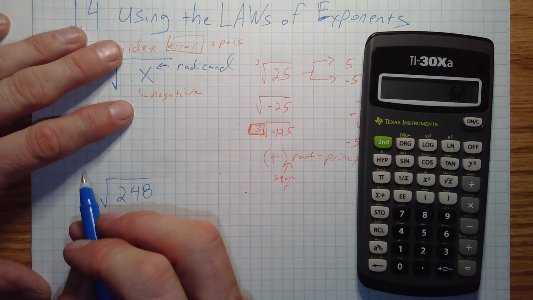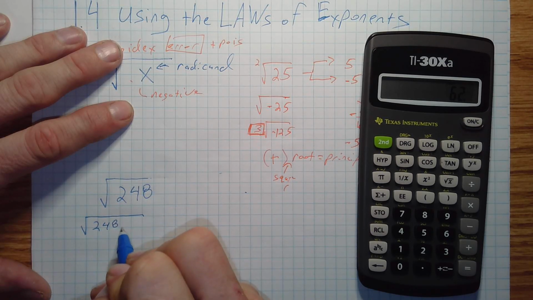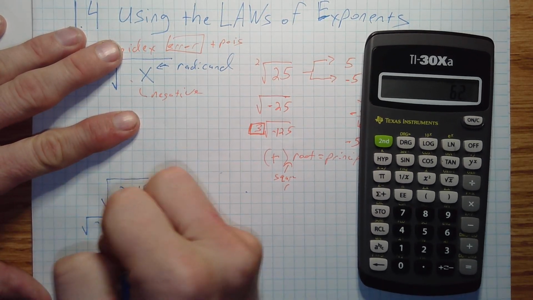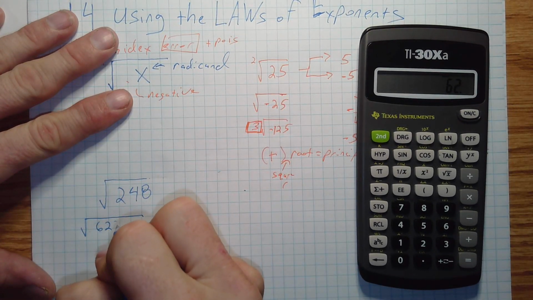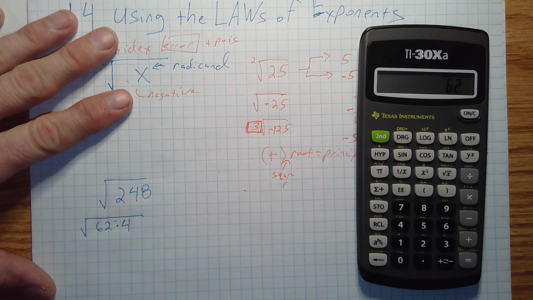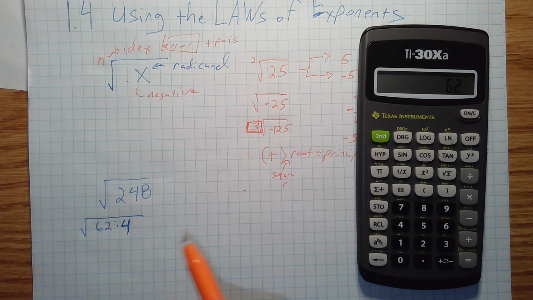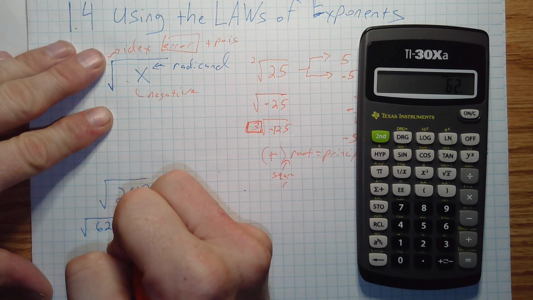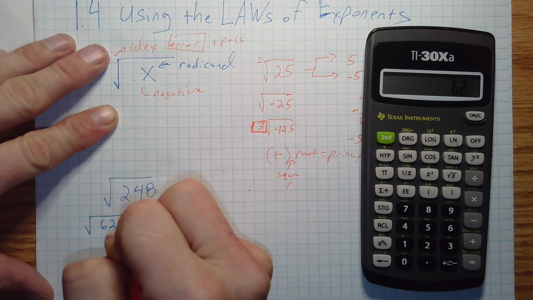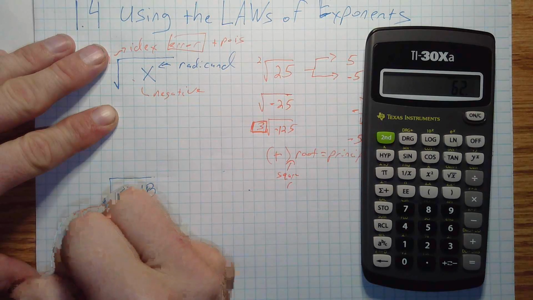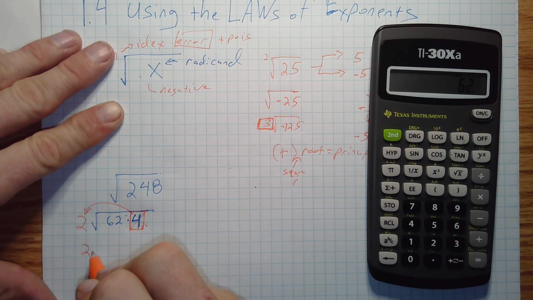That's useful. 248 divided by 4 is 62. So we have a 62 and a 4. Why did I pick 4? Well, I picked 4 because 4 is a perfect square. I can take this 4, and if I take it out of the radical, it turns into a 2. So now I have 2 square root